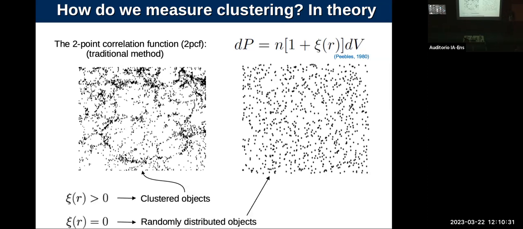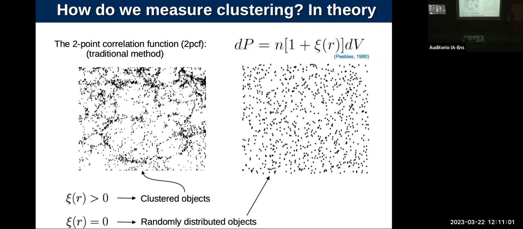On the left one, you will obtain a 2-point correlation function that is larger than 0. And this will tell you that your objects are clustered. Your galaxies have some clustering, and therefore they are tracing some kind of structure in your sample. On the other hand, if you measure the 2-point correlation here, what you are going to obtain is a correlation function that equals 0. And this tells you that your galaxies are randomly distributed. They do not trace any kind of structure in the universe.